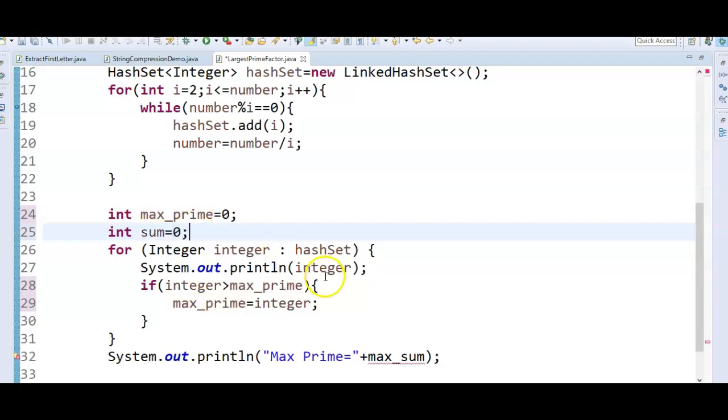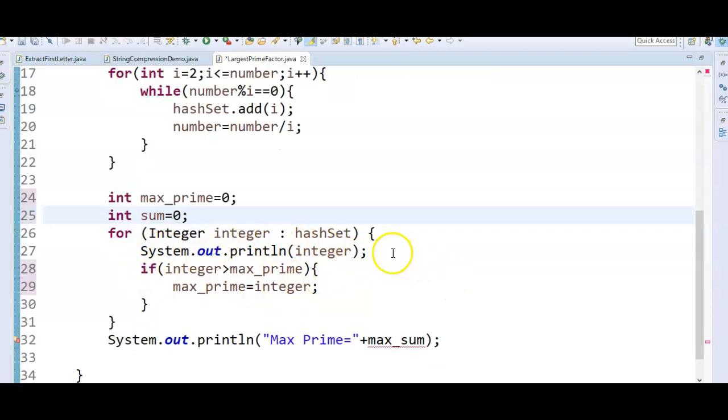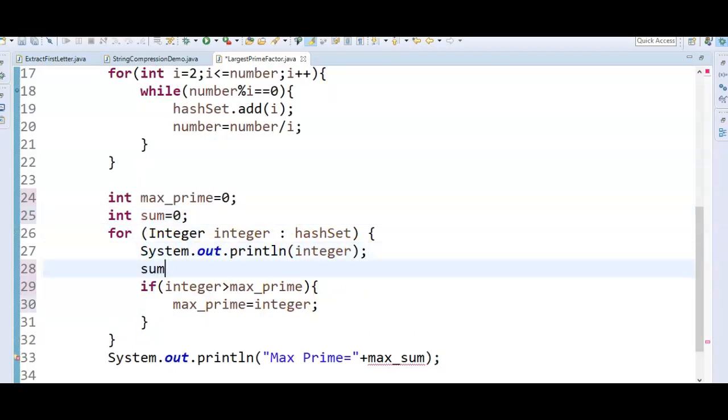Now whenever I am looping, I'll say sum equal to sum plus integer.